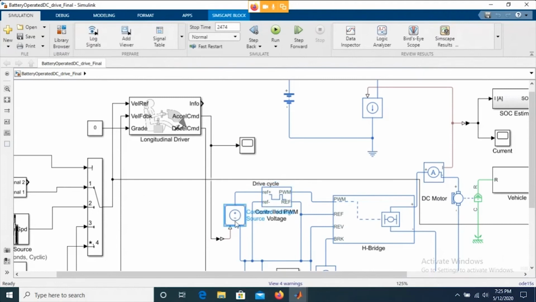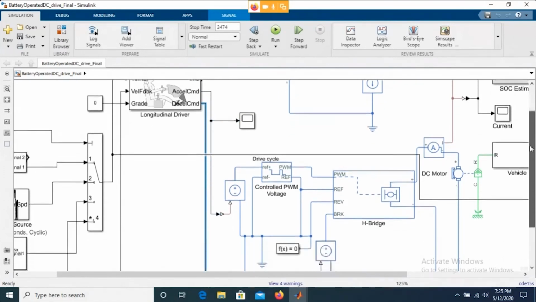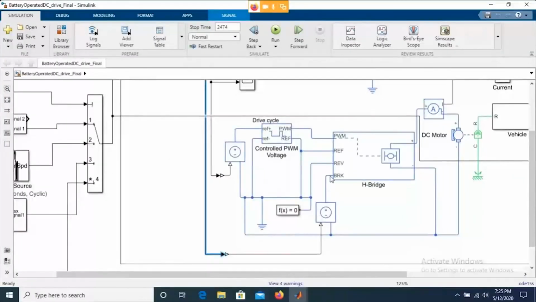This is exactly where your sensor will be. So here is the acceleration command. The deceleration command similarly goes to the brake over here, right? It goes to this part, this goes to this, and here is the final brake. So my acceleration and brake commands are given to the H bridge.